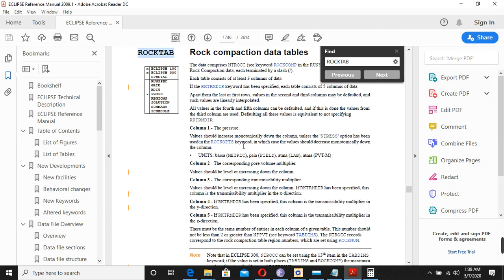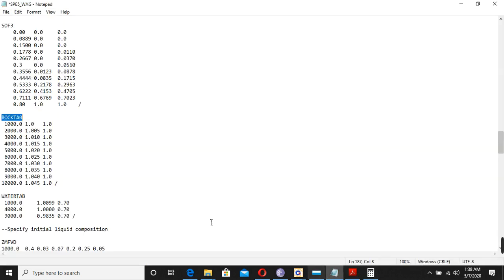The first one shows the pressure: at what pressure, how much the rock is compressed. So if the pressure becomes 2000, the rock is a bit compressed. Pressure becomes 3000, the rock is more compressed. So this is the compressibility of rock that we have mentioned here. Then we have the water tab.